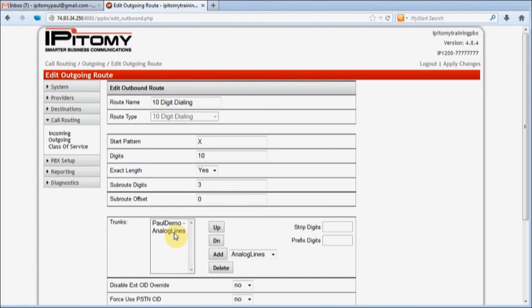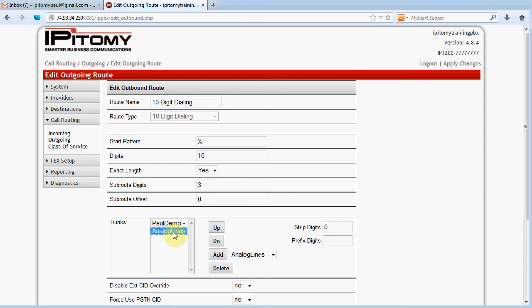Select the new group from the list and then click Add. The group is added to the list of available trunks to use when this digit pattern is dialed. Notice though that it is listed second to the one that previously existed. To move the group up in order so that it is selected first for calls with this digit pattern, click